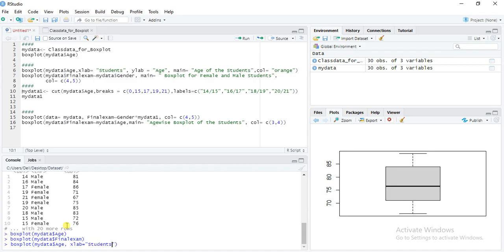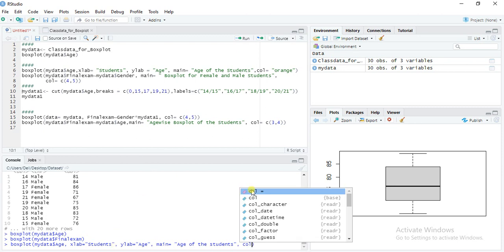I'm writing the heading of the x-axis, and for the y-axis, ylab equal to age, comma, title of the graph, main equal to age of the students, comma, color.